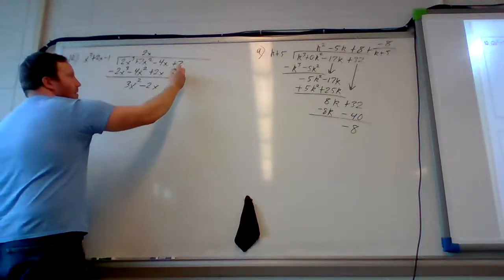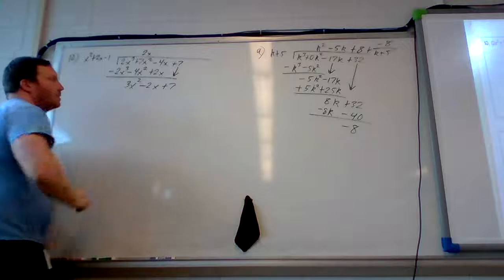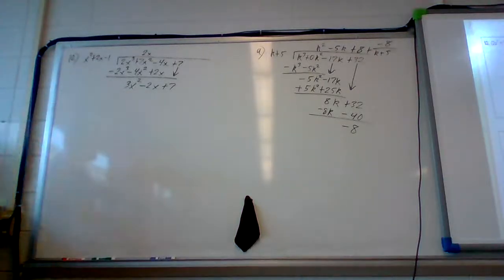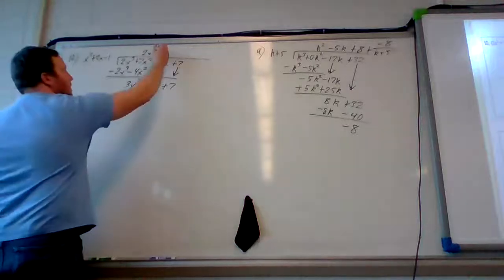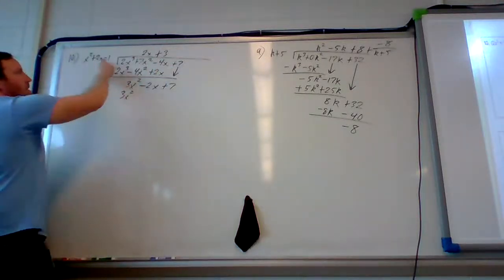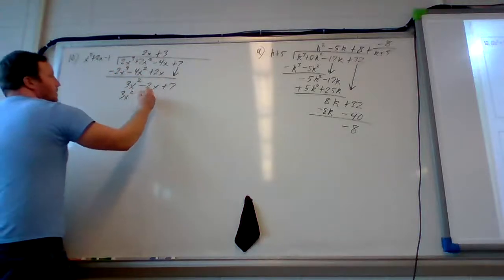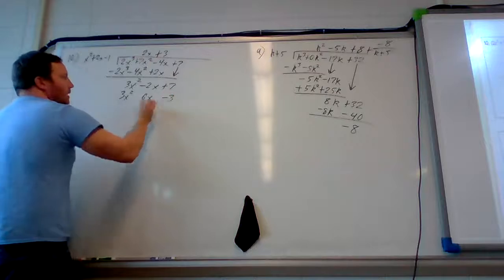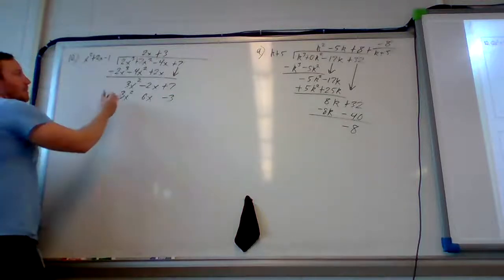Bring down your last term. What do we multiply x squared by to get 3x squared? 3. That gives us 3x squared. 3 times 2x, 6x. And then negative 1 times 3, negative 3. Change your signs